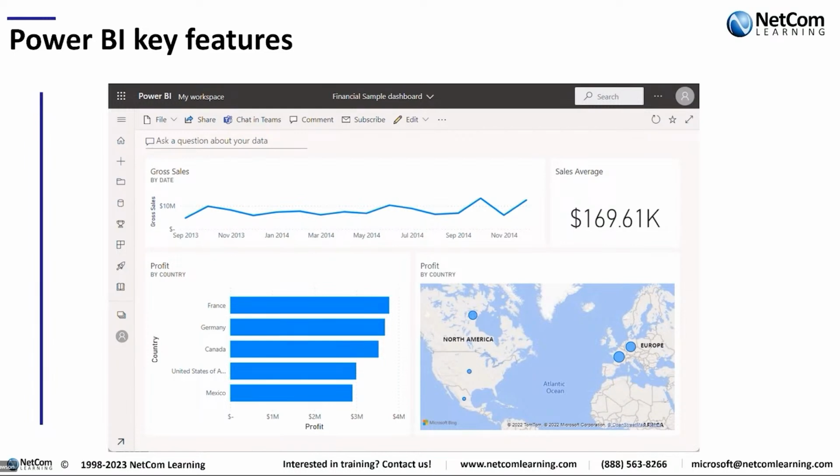And that's important because you want to make sure that people are only able to see the data that they're allowed to see. You, as the developer of a report, might have more access to certain types of data than other people would, but by using the security components that exist in Power BI, you can restrict who can see what types of information based on the role that they have in the system.